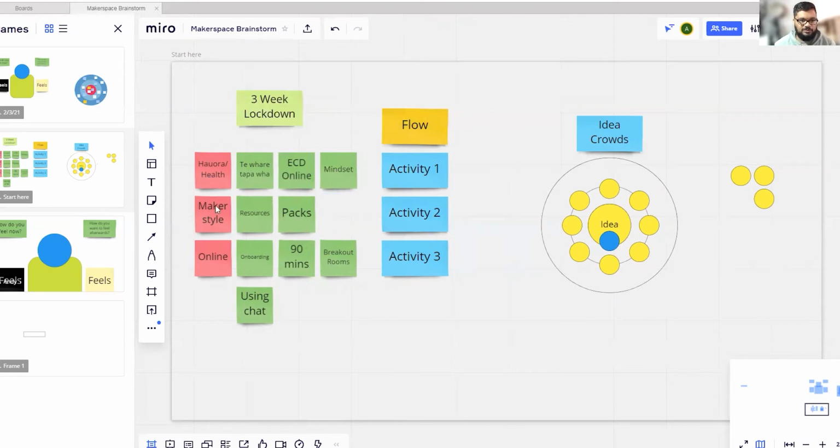The second focus was something that was a maker style. So we talked again about equity: students having the same resources, and the idea of designing packs that could be sent home for the makerspace members. And then lastly was how do we do the online bit? So onboarding